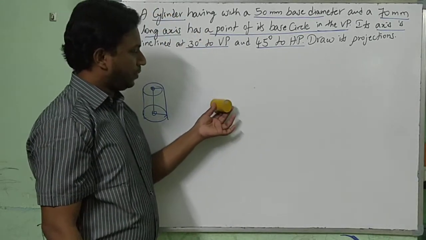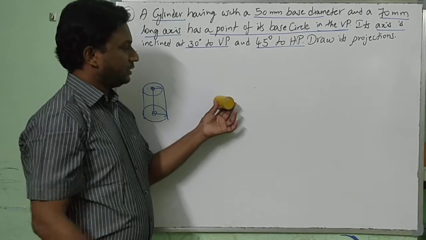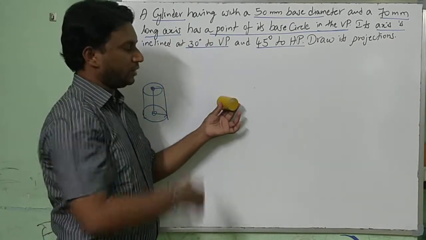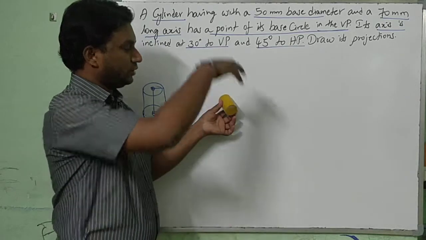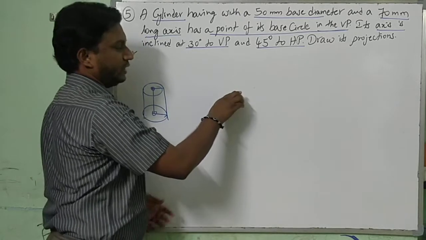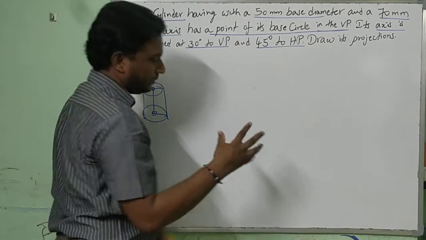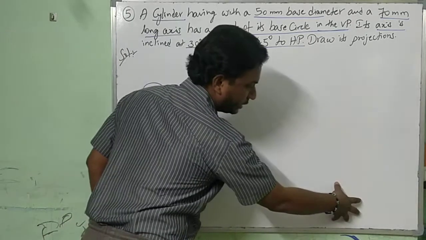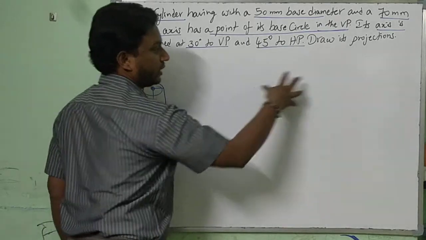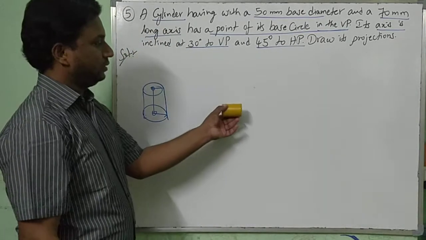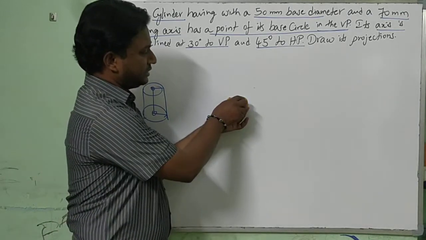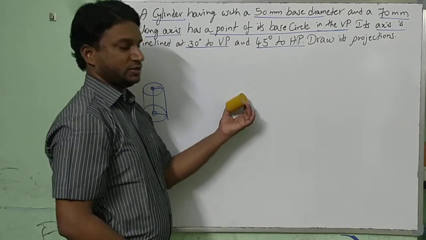Clear? A point lying on the VP, 30 degrees inclined to VP in top view. Now front view, top view, and then 45 degrees. Whatever top view you got, that has to be rotated at an angle of 45 degrees like this with respect to the front view. Previously, in the second stage the top view was rotated in the third stage. Now here, the second stage front view should be rotated at an angle of 45 degrees. Like this first, second stage, now this 30 degrees after 45 degrees, step by step.